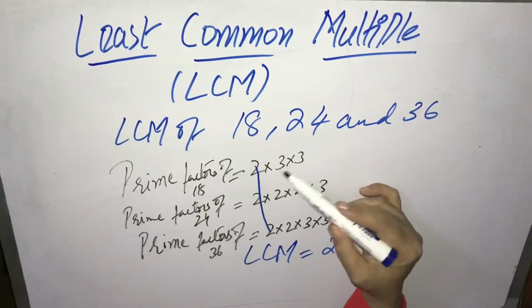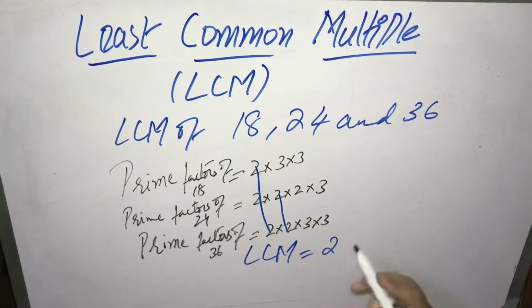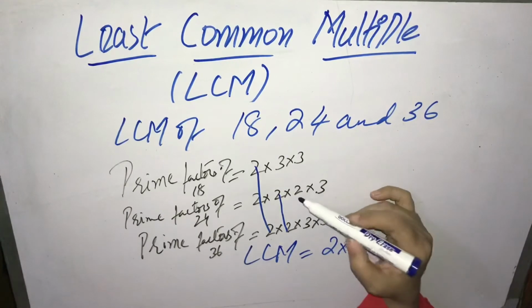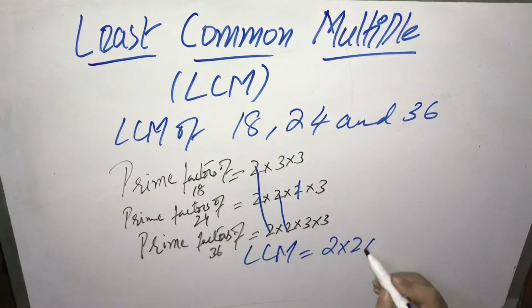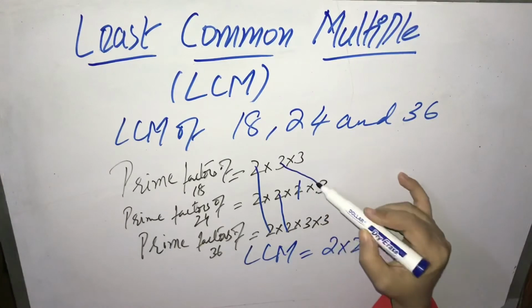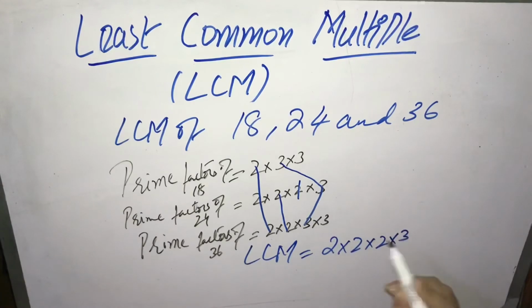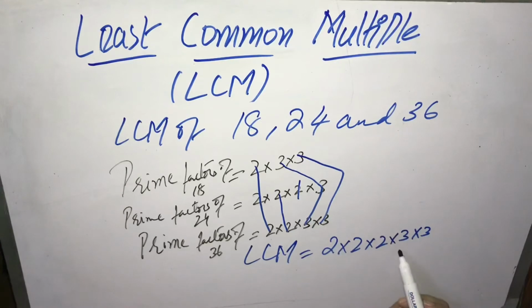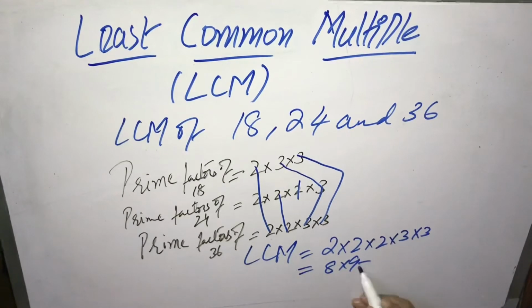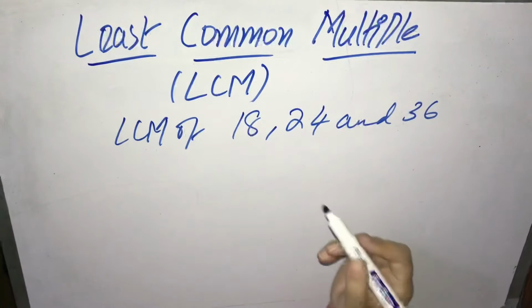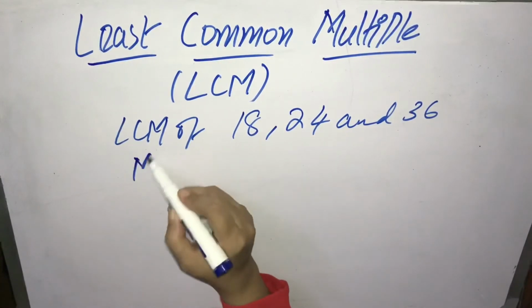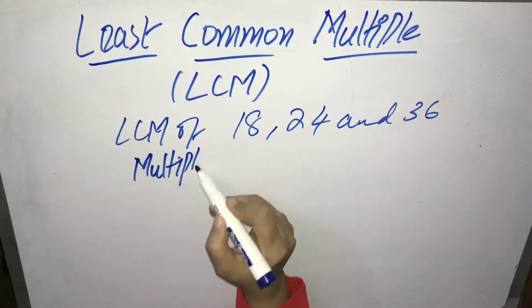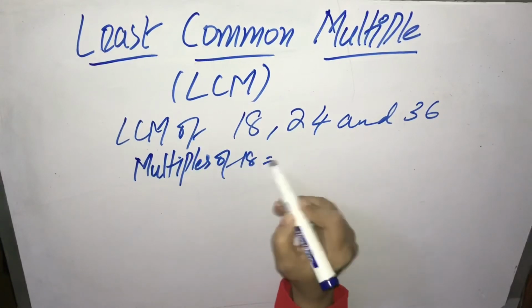Then there is no 2 here, so this 2, then this 2 alone, then this 3, and then this 3. A number which is only once will be taken, which is on all will be taken, which is common in 2 will also be taken. 8 cross 9, 72. The third method, which is the simplest possible, in which we take the multiples of 18,